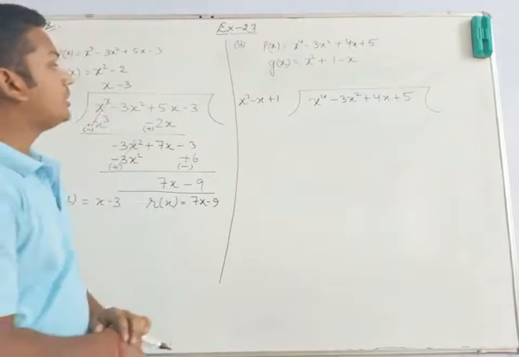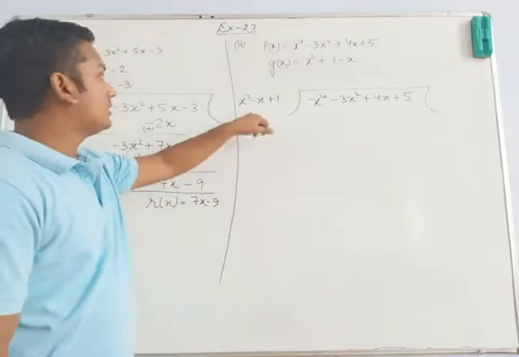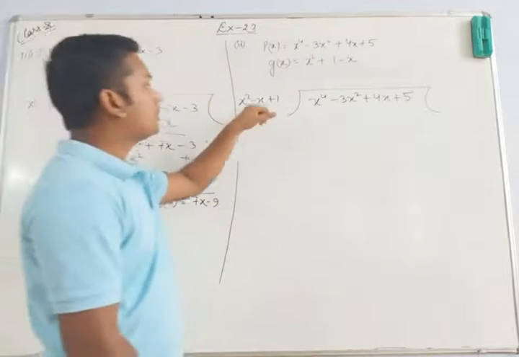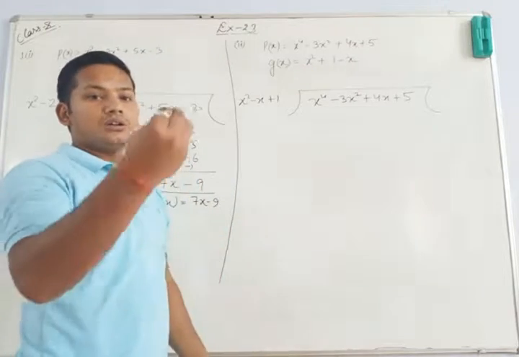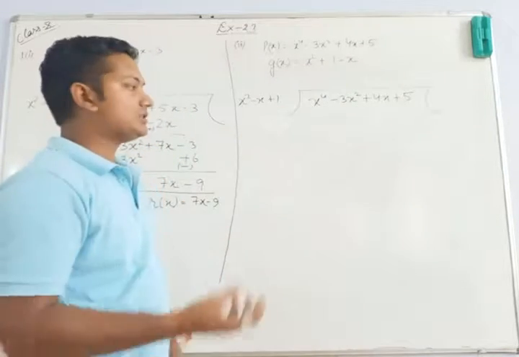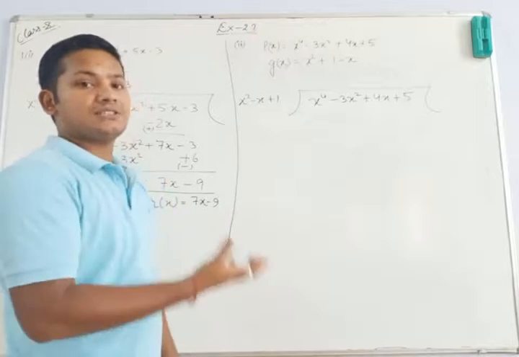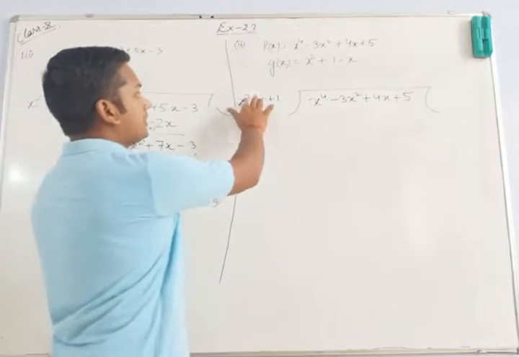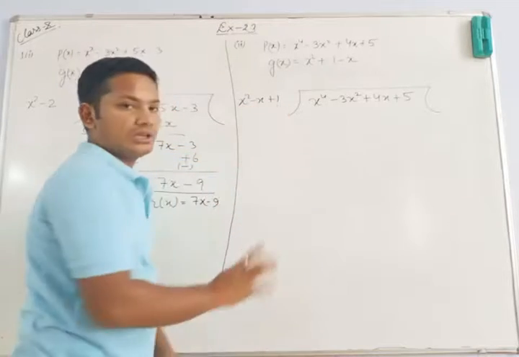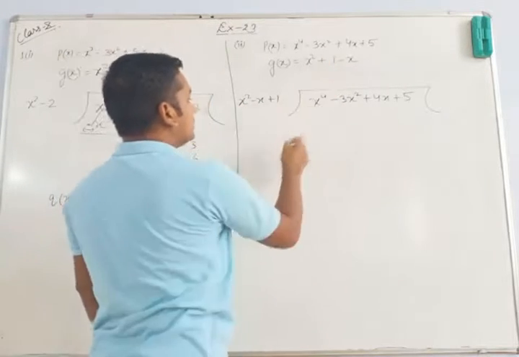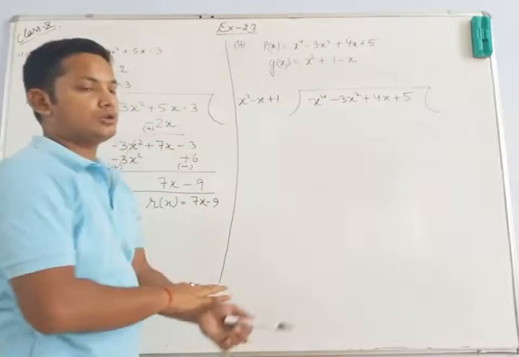Okay, now what we will be doing? We will be dividing, okay, as we had done in the previous one question, but before dividing we will be rearranging the terms of it, okay, in the standard quadratic equation form. Standard quadratic equation form क्या थी? ax square plus bx plus c. So here we have written this one as x square minus x plus 1. Okay, that means we have interchanged the places. Okay, minus x को पहले लिखा and plus 1 को बाद में.